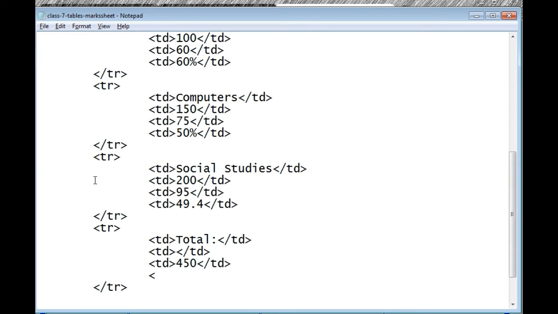And marks obtained, TD, total marks obtained are 450 over this 450, right? And marks obtained 60, 75,